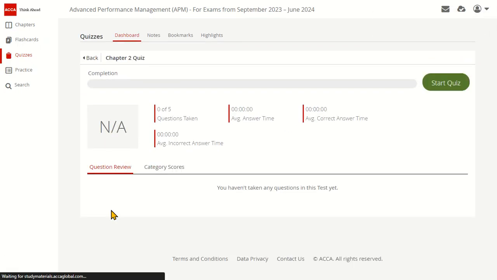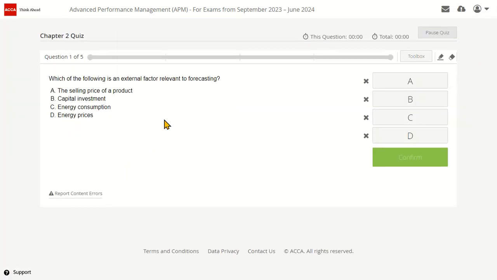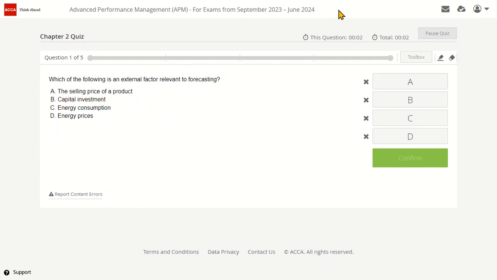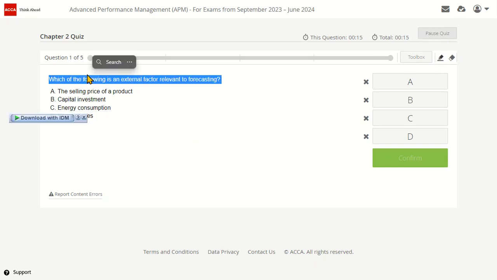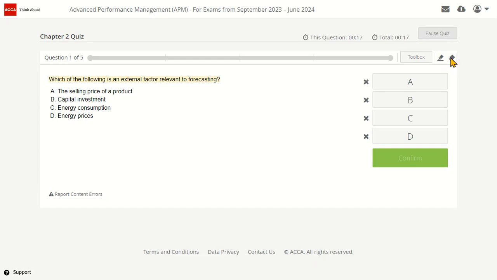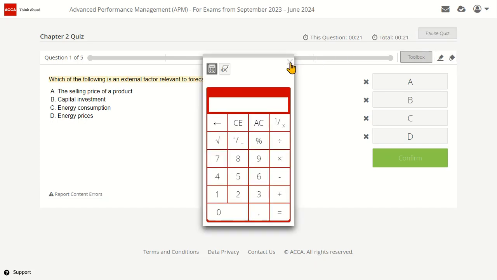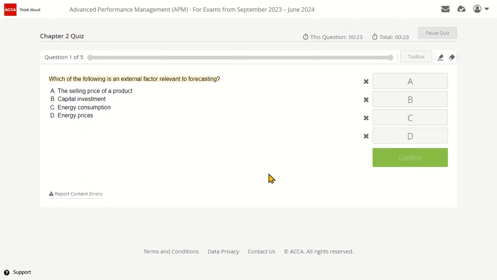And while you are in the quiz, what you can do is, let me start a quiz. So here, let's say you are concerned about this particular quiz. You have your timers on the top again. So you are doubtful about this question and you want to revisit this later. So what you can do, again, you have this highlighter sections here. So you can select this and you can highlight this. You can remove the highlights. Same things. Again, you can access your calculator and all. So you can mark like this a particular highlight, and later you can